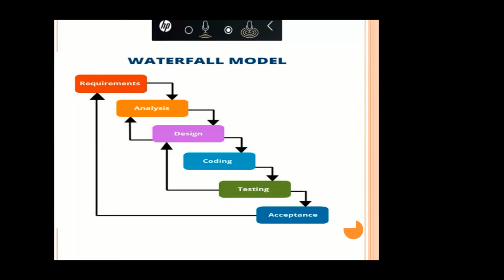So here the waterfall model is considered only for a small type of project. It will take so much time because one phase must be completed, then only it will go to the next phase. That's why most of the companies are choosing either the agile model or the V model. You are understanding, right? Why they are choosing these models? And depending upon the cost and reliability also, they will take these projects.